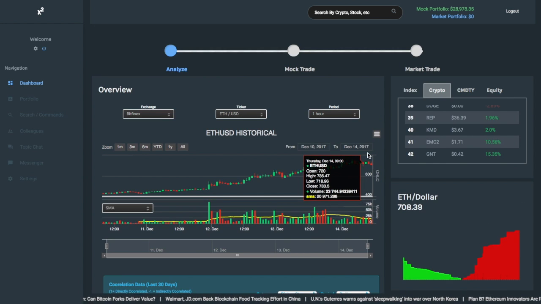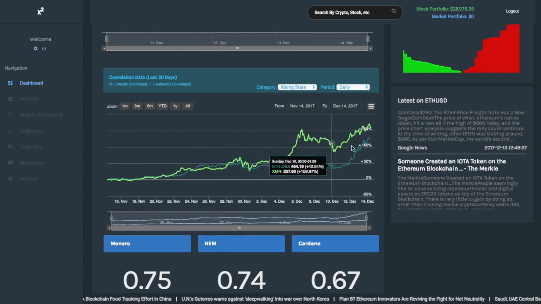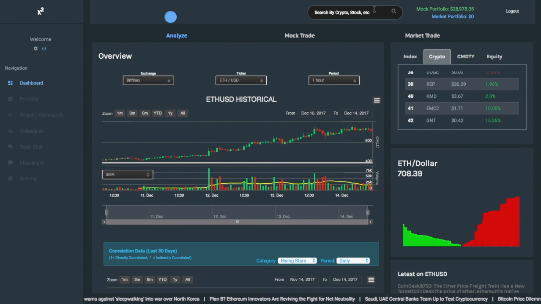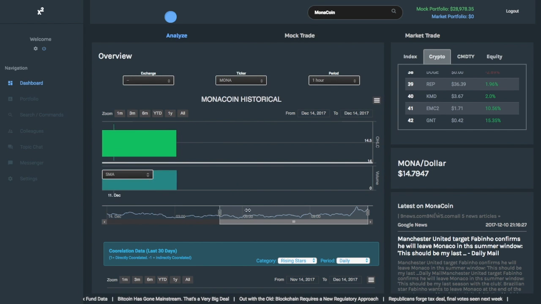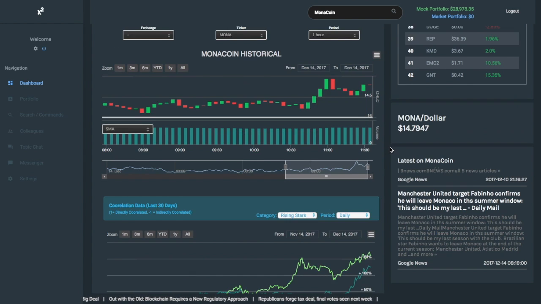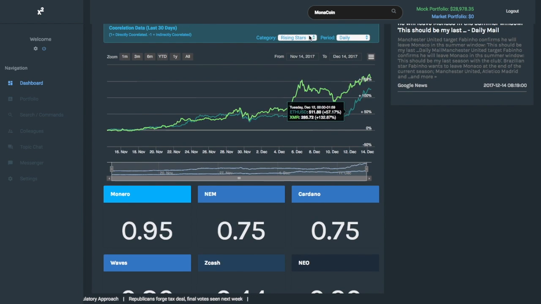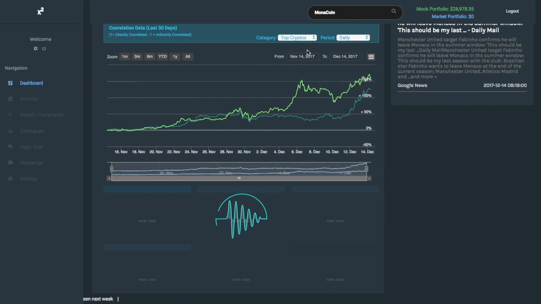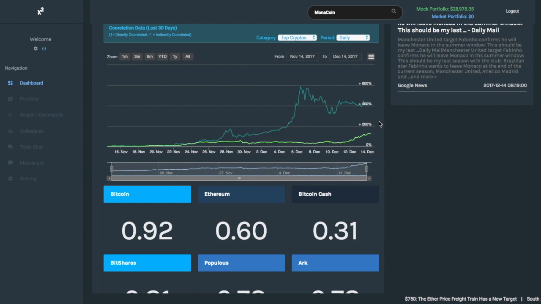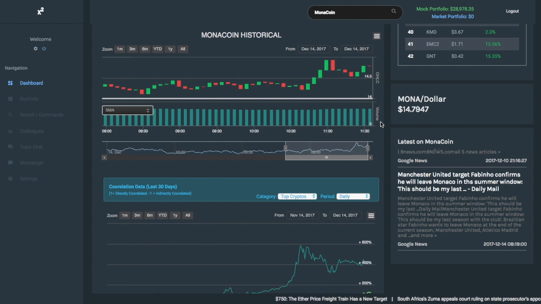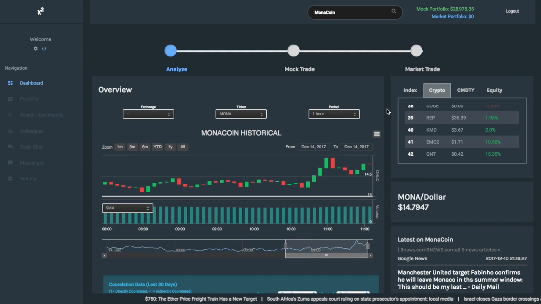Now, one really cool thing, in addition to seeing correlation between cryptocurrencies, is that you can now search for any crypto and get its price data. So for example, I can go to Mona, MonaCoin, and I can actually get the latest data on it. Then I can run the same thing here. I can click on compare it with the top cryptos and see how correlated it is, for example, with Ethereum. Of course this is very new, so we're going to be working on the UI, and it'll be much more improved.